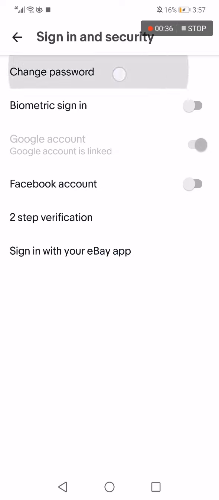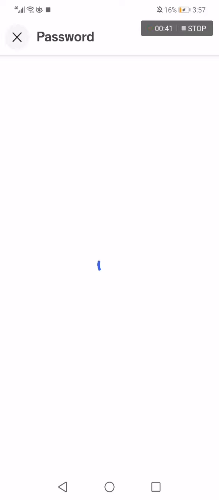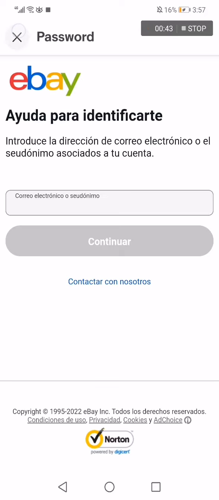Now click on the first option, change password, and you will be able to change your password easy and fast